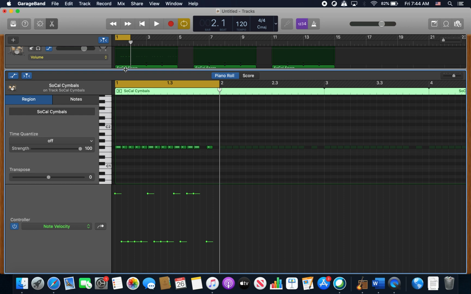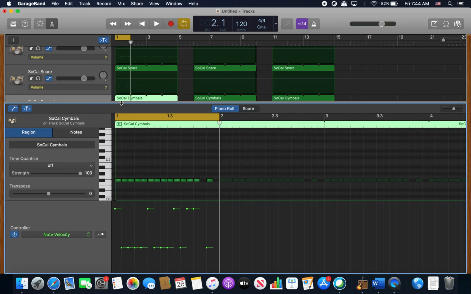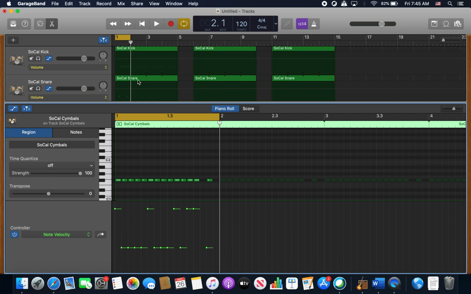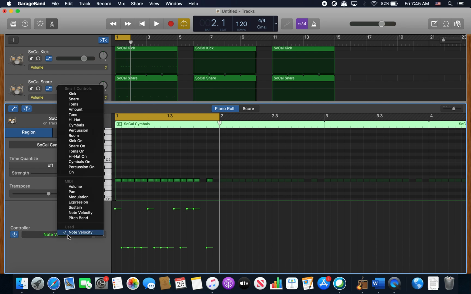So in note velocity, we can then go to set up any other things. Normally the snare, you're not going to do it much. Note velocity is probably going to be in the hi-hat cymbal area and the kick drum, all right? The next one you're going to use is going to be